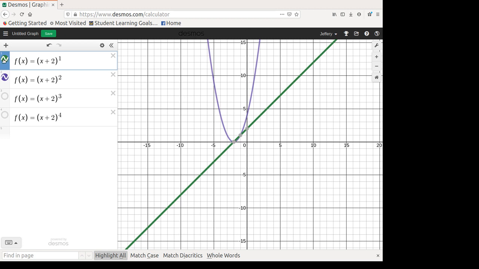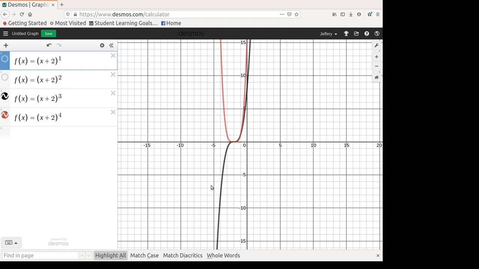And I'm going to turn off the first power, and I'm going to change it to a multiplicity of 3. So it's still like an odd function. It has to start at negative infinity and run off to positive infinity. So it's punching through the x-axis, but it has that little kind of inflection, that divot there. And if I look at a fourth power compared to a third power, it bounces off the root. It's just a little bit flatter near it.